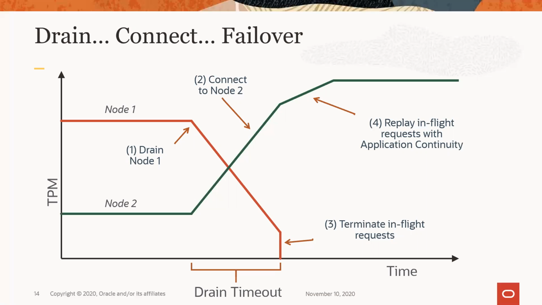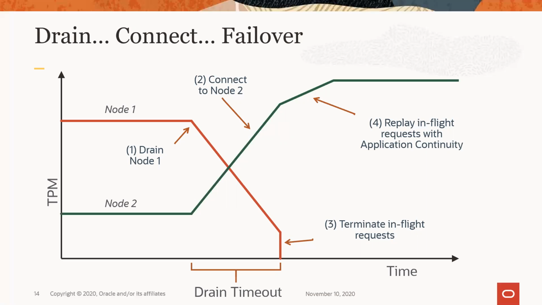Okay, so we start draining. Now what that means is, of course, the in-flight requests are draining, or the work is completing from those in-flight requests for node 1. No new work is going there. It just means we're completing the work. And as the work is completed, the connections are returned to the pool for reuse. And the new requests are being directed to where the service is now running and available, which is on node 2. And you can see the workload for node 2 increasing. At some point, the drain timeout, whatever that period of time is,